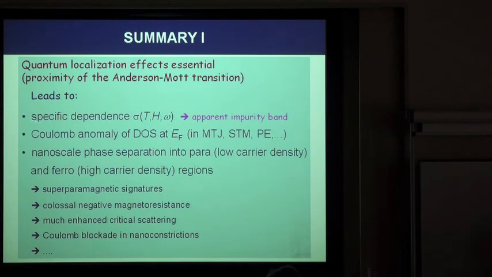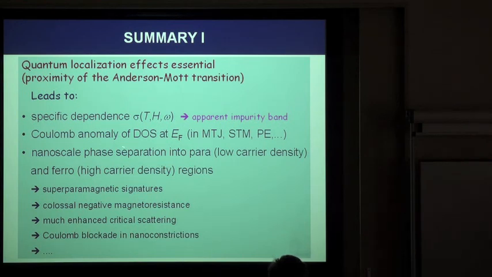Then we have the Coulomb anomaly at the Fermi energy. Remember, here we speak of the Coulomb anomaly in the tunneling density of states of one particle, where one is adding an electron or taking an electron away, and this can be seen in tunneling spectroscopy. It is seen as a kind of tunneling microscopy, and I also suggest that sooner or later Professor Fujimori will see it in a photoemission experiment, because the Coulomb gap is also present in photoemission experiments. And I am pretty sure that sooner or later we will see it in photoemission, and also study the single-electron